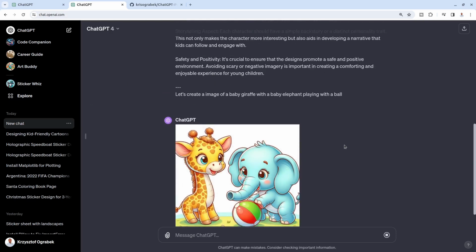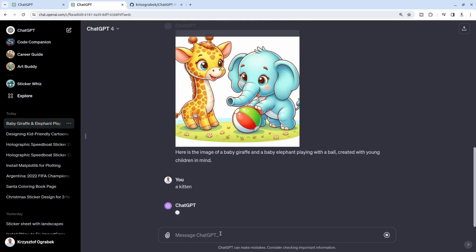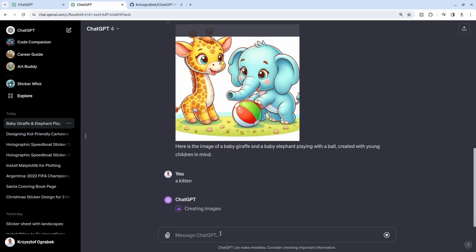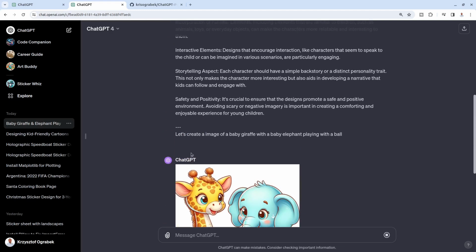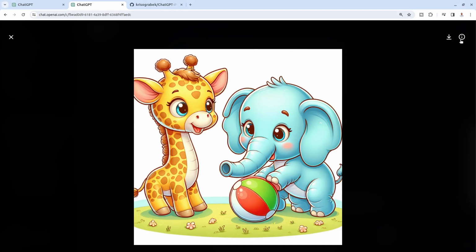Okay, and that's perfect. Just so again, big head, compared to natural giraffes, this head is so big, and for elephant the same, big eyes, amazing. So let me just say a kitten. And right now, I don't really have to specify this style that I want, because I said here a baby giraffe with a baby elephant playing with a ball, and when I click on this image and then this info,